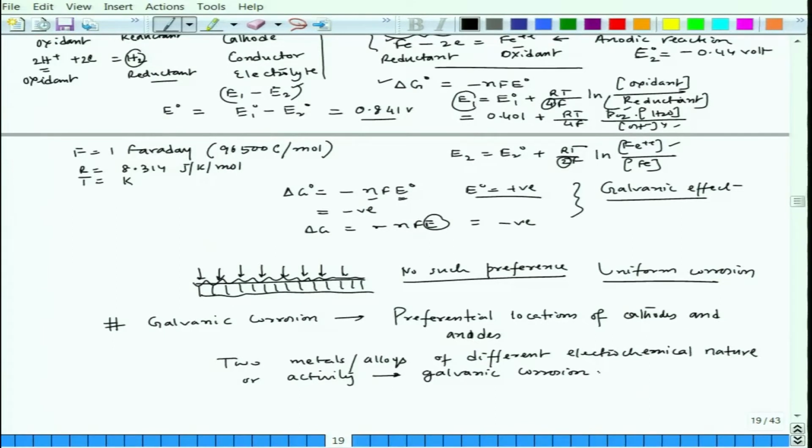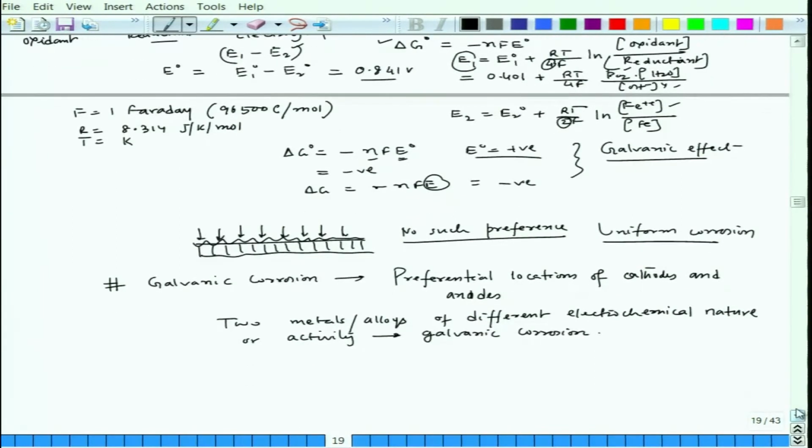Here they only talk about metals and alloys, fine, but we will see that it is not only specific to metals and alloys, there are effects due to concentration also, fine. So, there the same galvanic effect can appear on a same plate without having different metals. Now, this is a very common definition you will find in almost all the books on corrosion, fine.